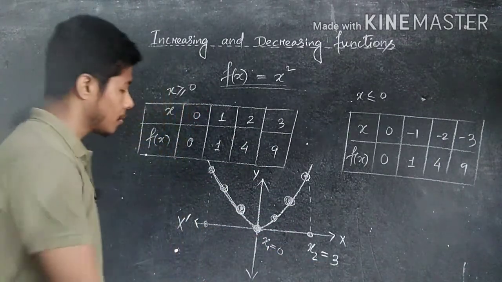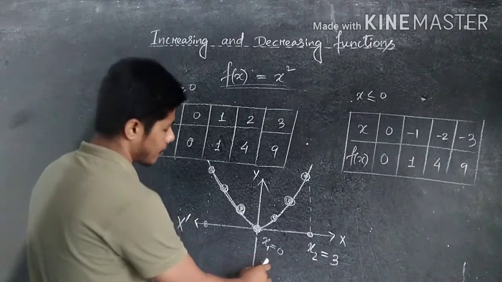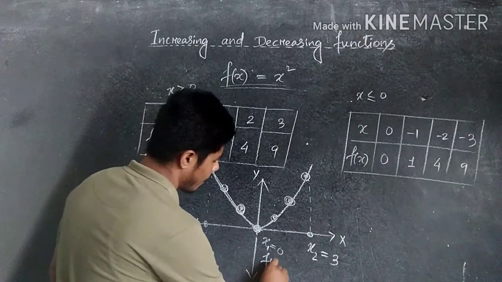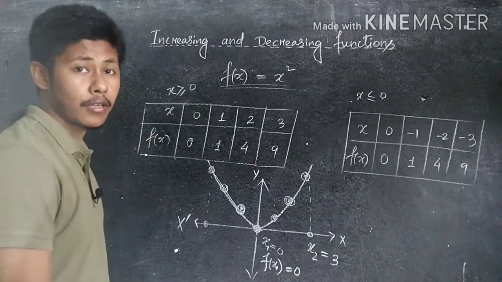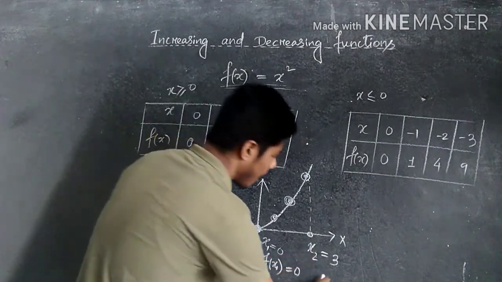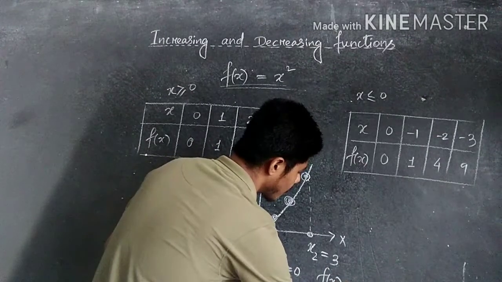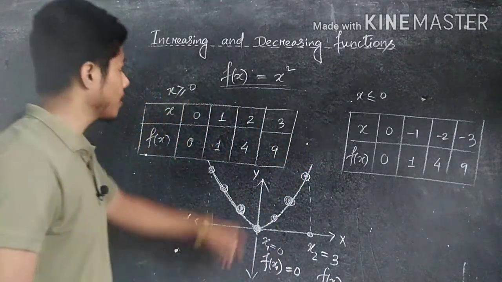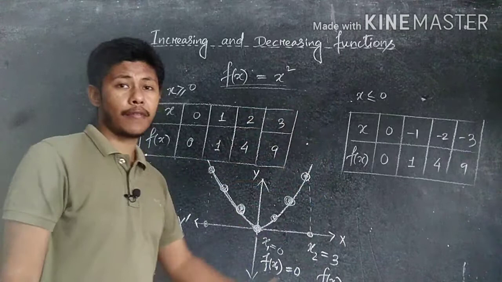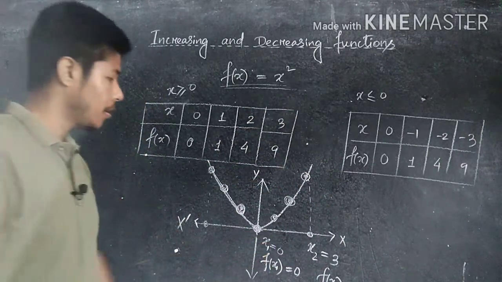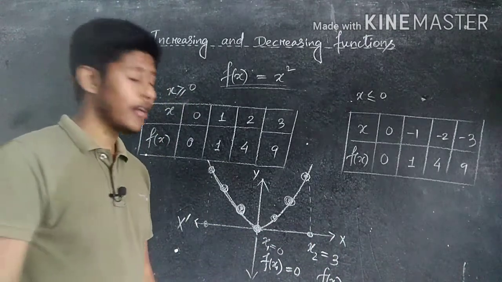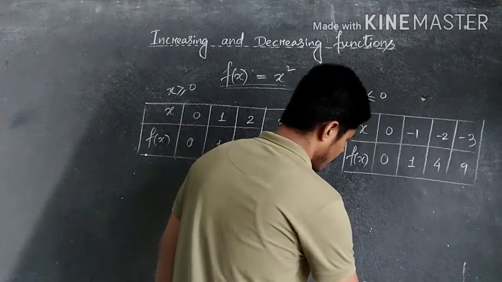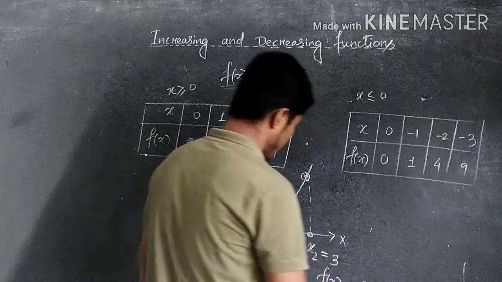Is it clear? So now in this case, if f of x1, so here if we write f of x1, so f of x1 value is what? 0. Is not it? But in case of f of x2, what is the value of f of x2? When it is x square, f of x2 is x2 whole square. So x2 means what? 3, that means 3 square. If 3 square, then it is 9.